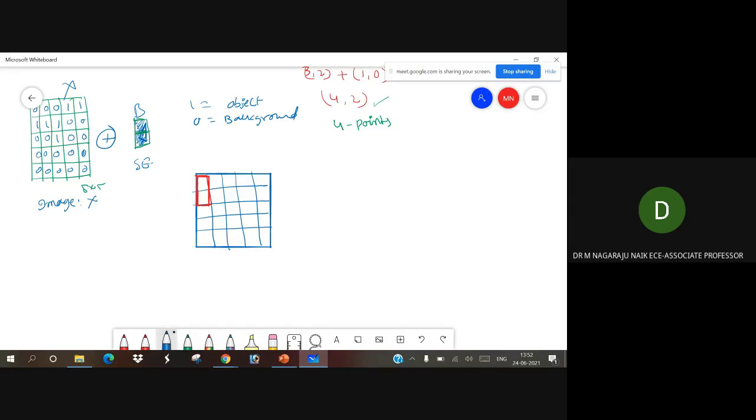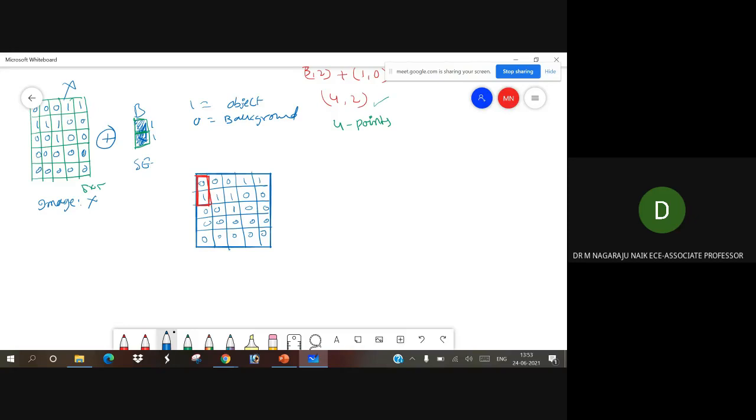Now what are the values here? 0, 0, 0, 1, 1, 1, 1, 1, 0, 0, 0, 0, 1, 0, 0, 0, 0, 0, 0, 0, 0, 0, 0, 0, 0. Now first you have to add this one. Now what is that? This has the values 1, 1. Now the first value in the structural element is 1, but in the background information it is 0.